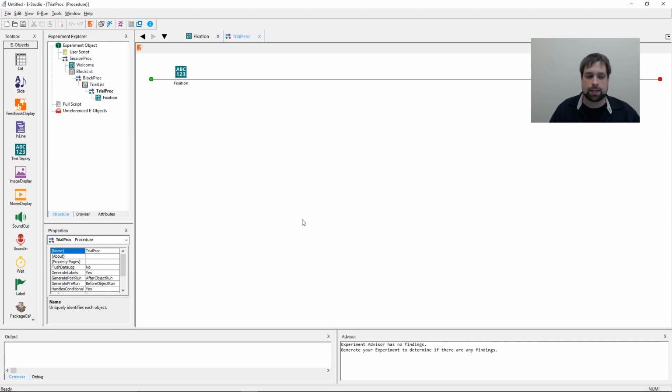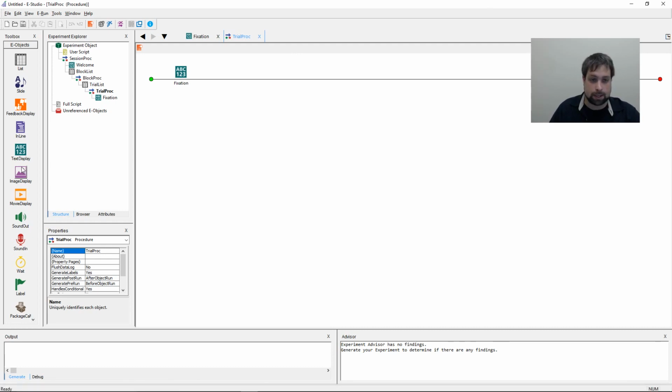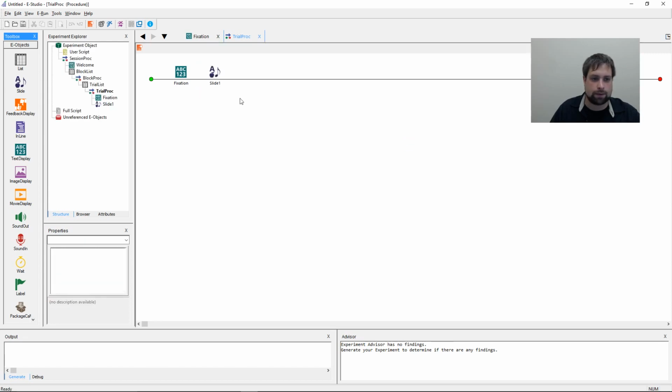So since I'm just presenting images to participants, I have a couple options for this next object that I add. I could add an image display because the purpose of this is just to display images, but I think I'm actually going to add a slide object. It actually doesn't matter which one I present since I'm only presenting images. The most efficient method would be to present the text display object, but I do like demonstrating the slide object because it has a lot of the new features and new functions in E-Prime, or E-Prime 3. So I'm going to take the slide object and add it just after fixation,